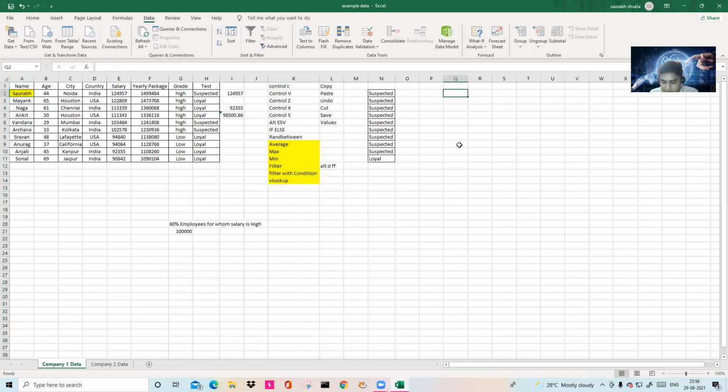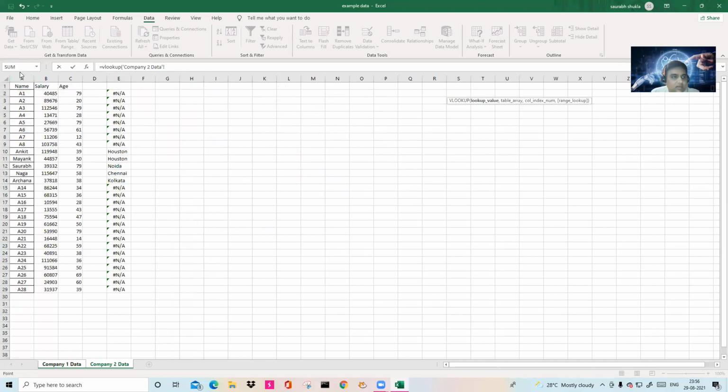So how to apply VLOOKUP? Just go to any cell, type equal to VLOOKUP, open bracket, and then you have to see this particular name, the first name, and come here and select this particular column, because you have to look in this column, comma, 1, comma, 0, because we have to do that in the first column.